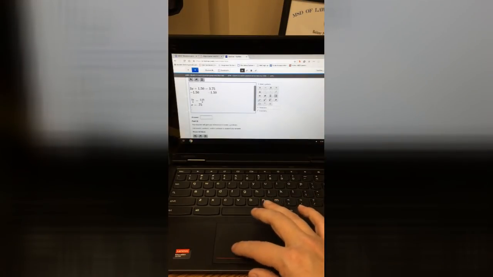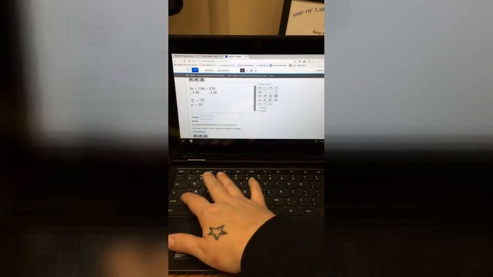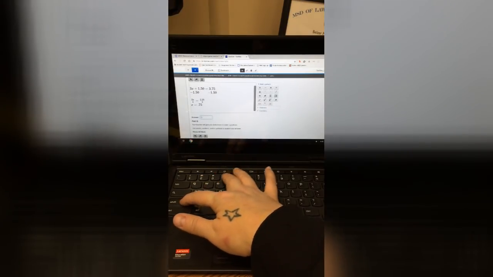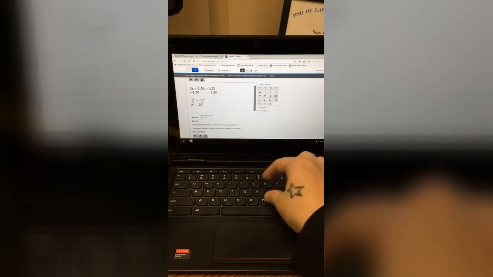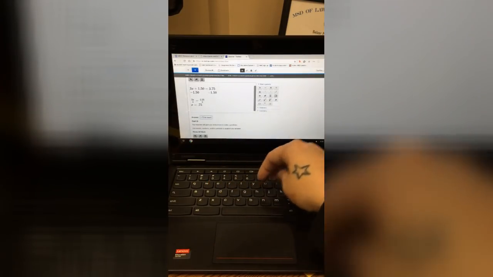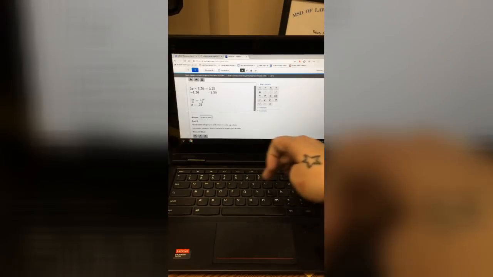equals 0.75. I'm going to hit enter. And then it says, oh wait, the solution. So in the answer box, I need to go in here, put a $ sign because we're talking about the cost, and cost is always money, 0.75 for each pencil. Now your directions are going to ask you to do a screenshot showing that you've done all of this